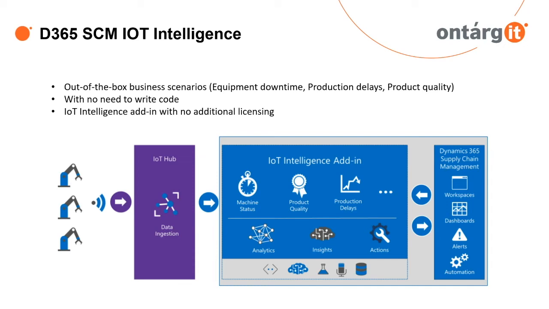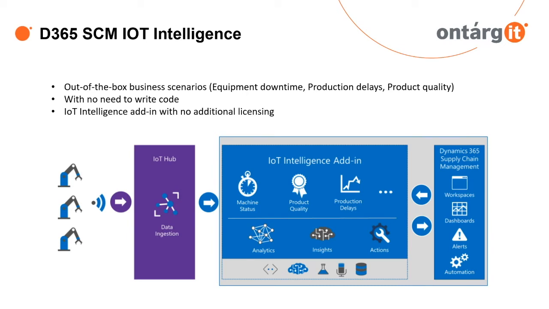If on the shop floor we have temperature or humidity sensors that are connected to the IoT hub, then after setting up the scenario in Dynamics 365, the system will automatically notify on production process deviation. For example, the temperature is above or below the specified level. And when you set up the connection between IoT hub and Dynamics 365 for these scenarios, you don't need to